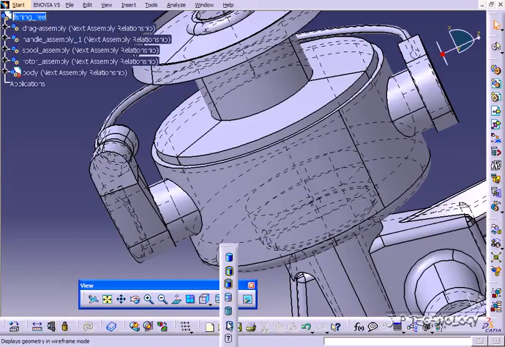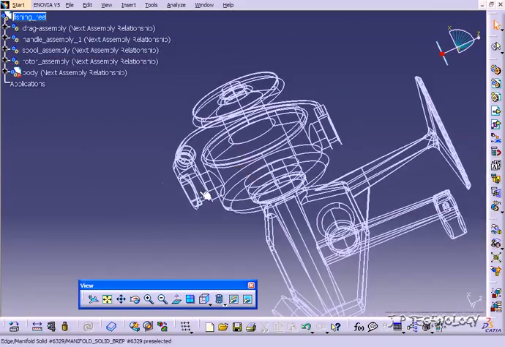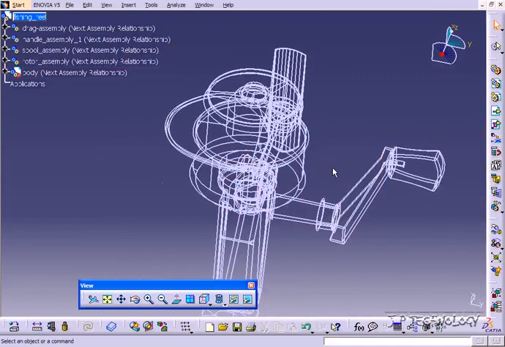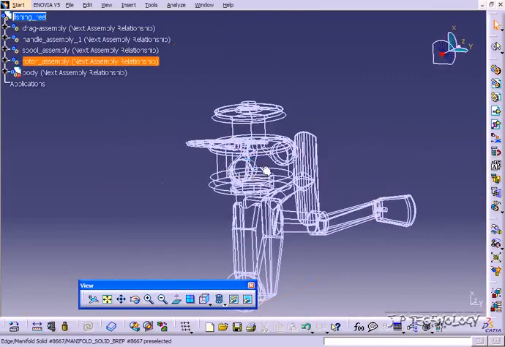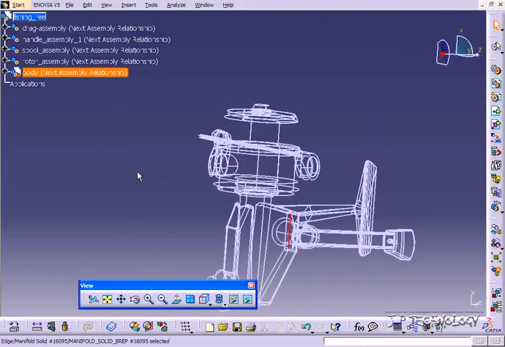Now the wireframe, if you select that, your whole part's going to be in wireframe. So this is more like a 2D version, and it allows you to really see what's going on with all of your hard edges, and it allows you to better picture some of your features and sketches that you're doing